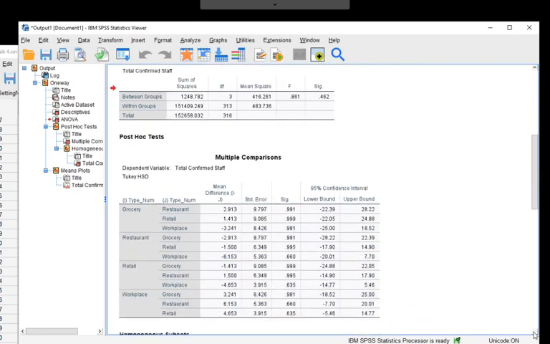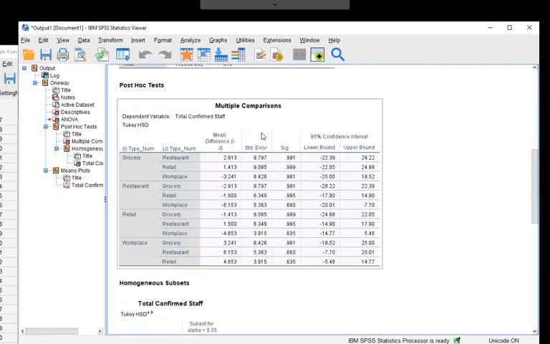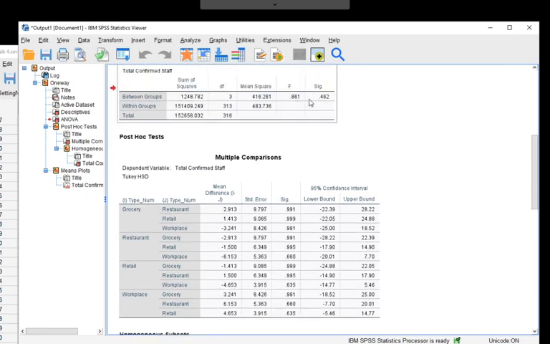And then, because there's no significance, we can't look at the post hoc. There's no point in looking at the post hoc tests, but you can see that they're all non-significant. So what it's doing is comparing grocery to restaurant, grocery to retail, grocery to workplace. So if we had a significant F test here, then we would look more closely at these post hoc tests